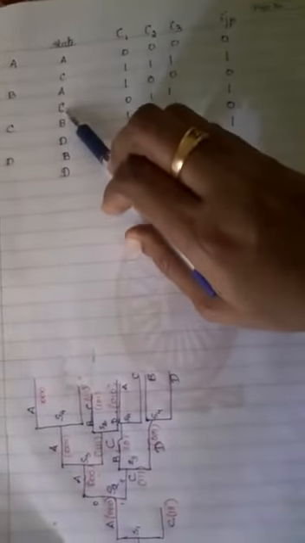Here the B transition again is A and C. So for A and C, what is the value? Sorry, that is from B. It goes to the transition A and C. So what is the value? 1 0 0 and 0 1 1. And here the D transition. What is the value? 0 0 1 and 1 1 0. Similarly, these are the transitions, totally 4 states.